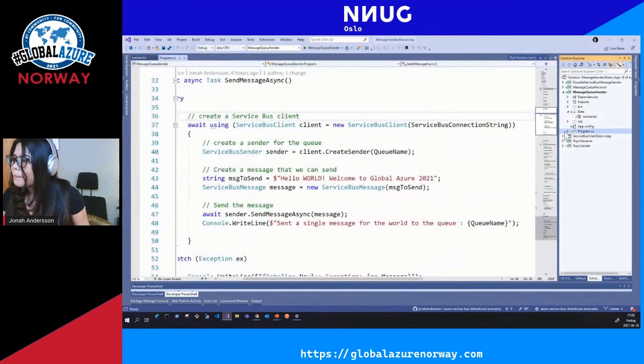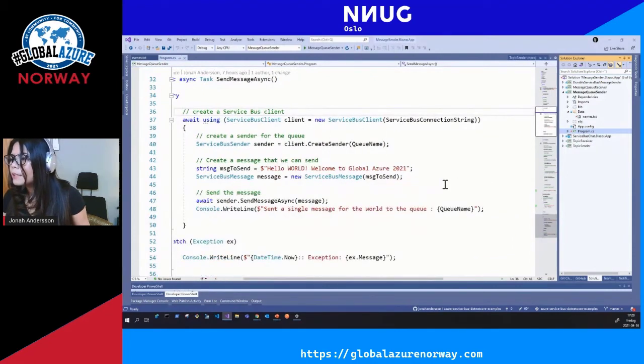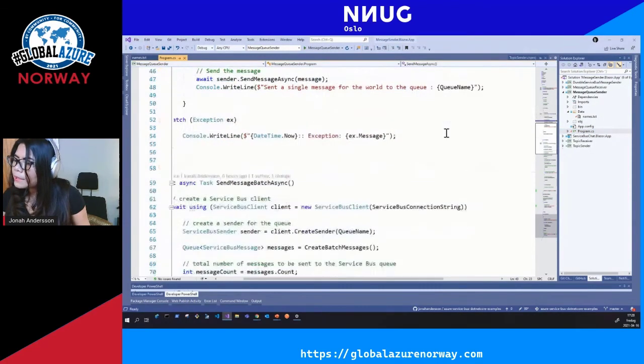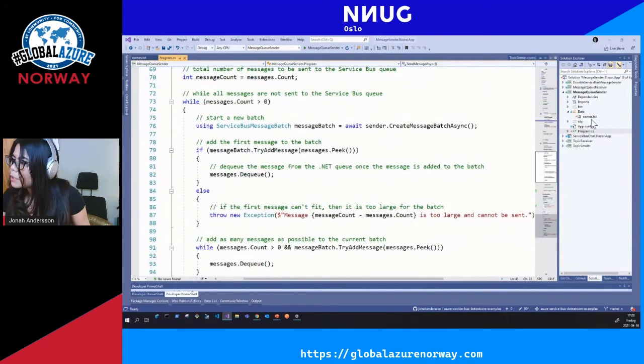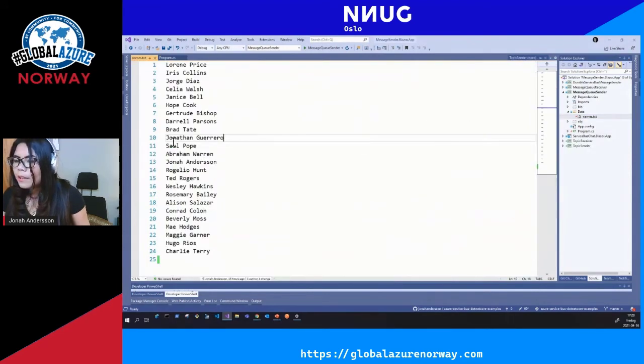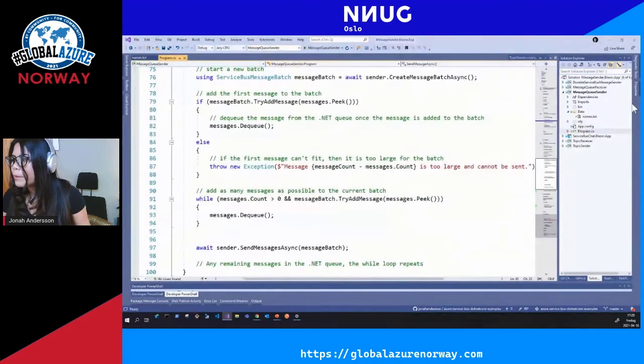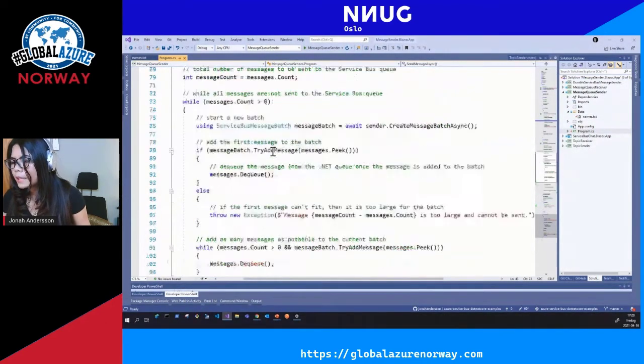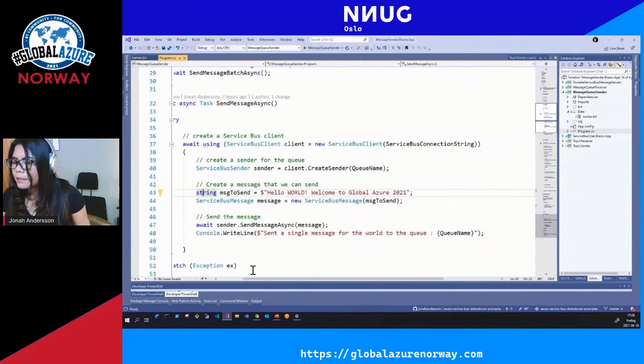What I plan to do is use the Azure Service Bus queue to send a single message to the queue, and also send a greeting message to all the names in this text file. So I will be reading the data from the text file. And let's see.